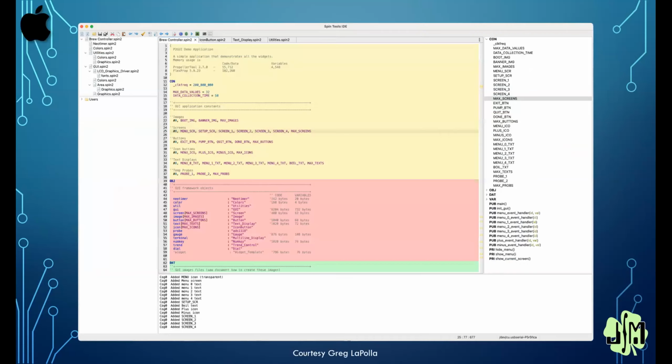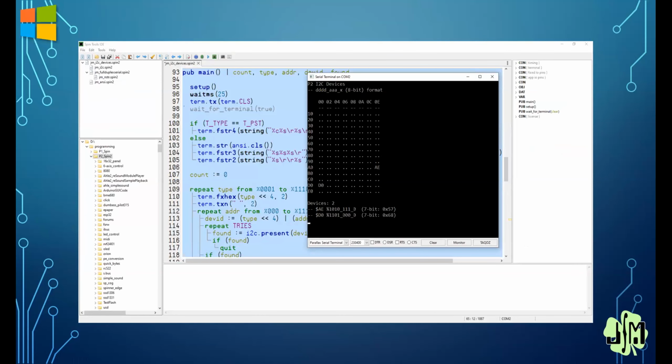Here's Windows, or sorry, this is Mac. And as you can tell, Mac has a little different use of these menu things, but the SWT toolkit takes care of that. And then this is me running on Windows. So the screen has a bunch of sections to it, so we'll just go through those